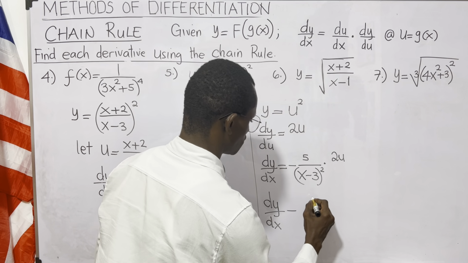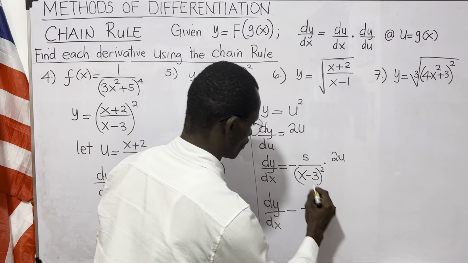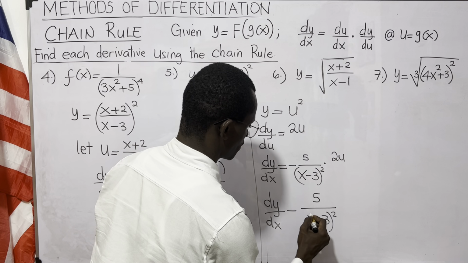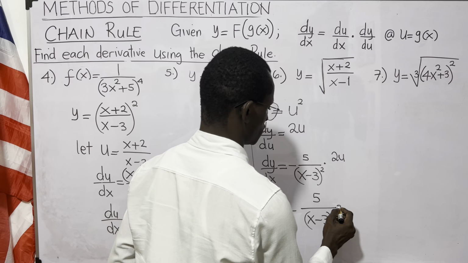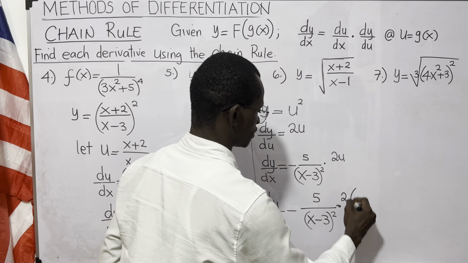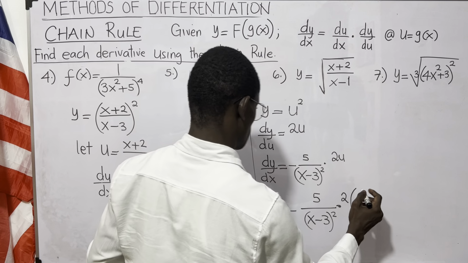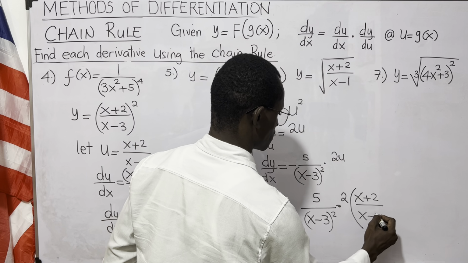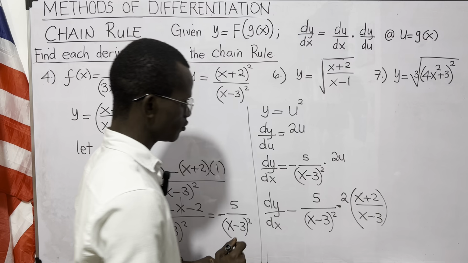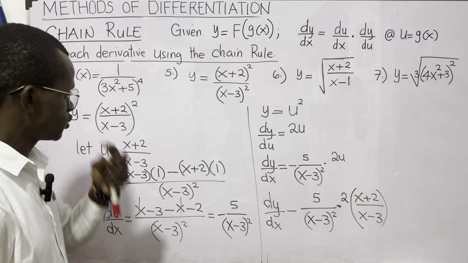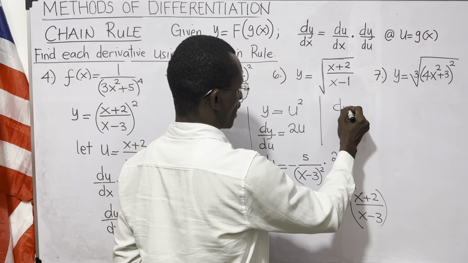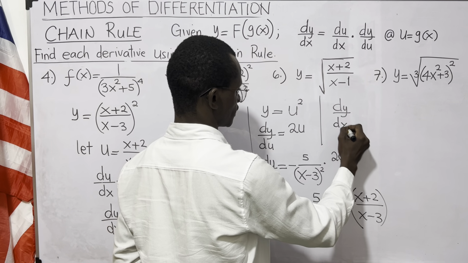So we have minus 5 all over this x minus 3 raised to the second power times 2 times u, x plus 2 all over x minus 3. So we can further simplify that by saying dy by dx is equal to